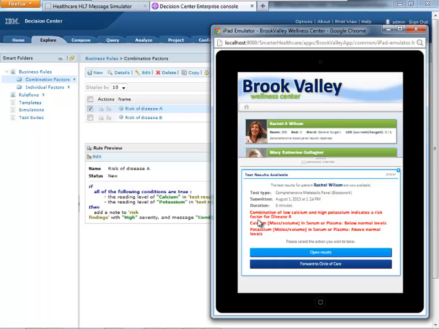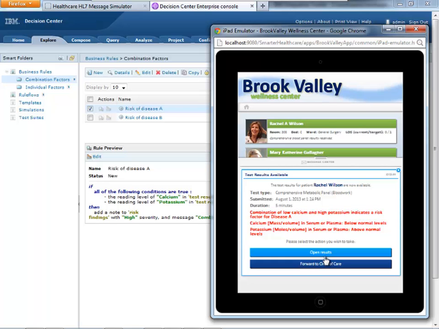It's not pretending that this is going to do all the diagnosis for you, but at least it can automate some of the capabilities to bring things to the attention of the physician to make a final call. Dr. Bloomfield could here forward this result onto the circle of care or open the results to look at it in more detail, et cetera. But she has received the notification and she now knows that the message is available.